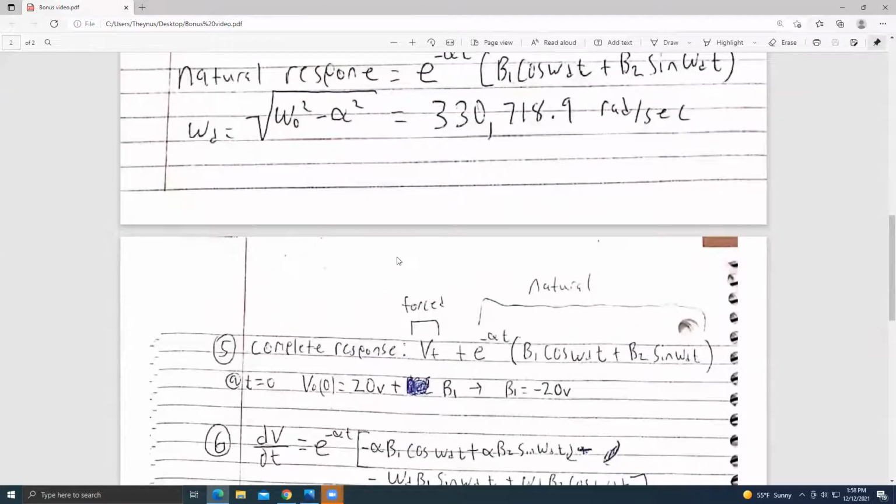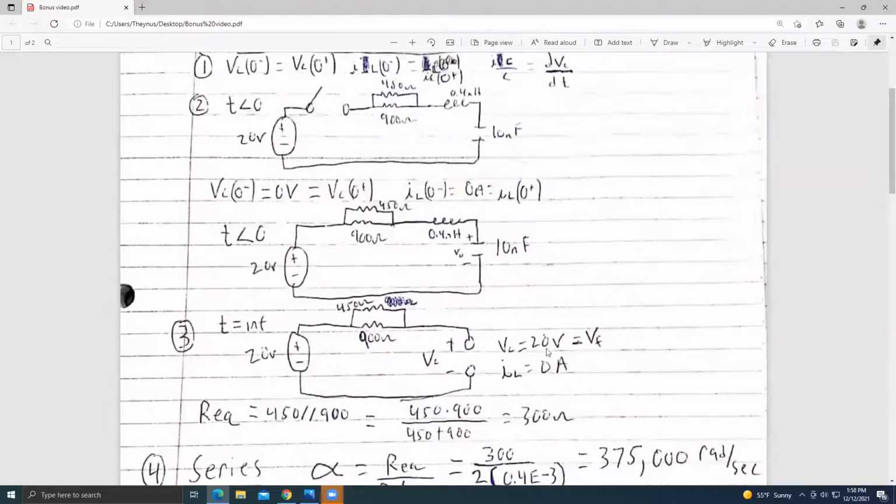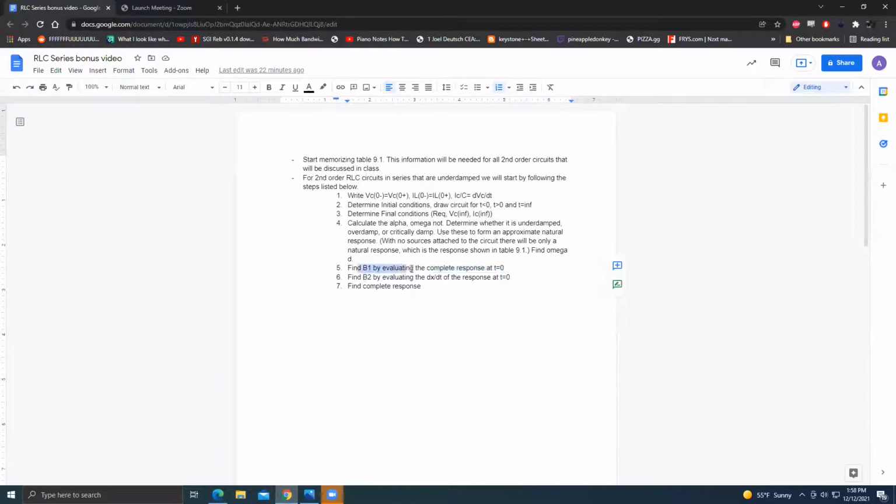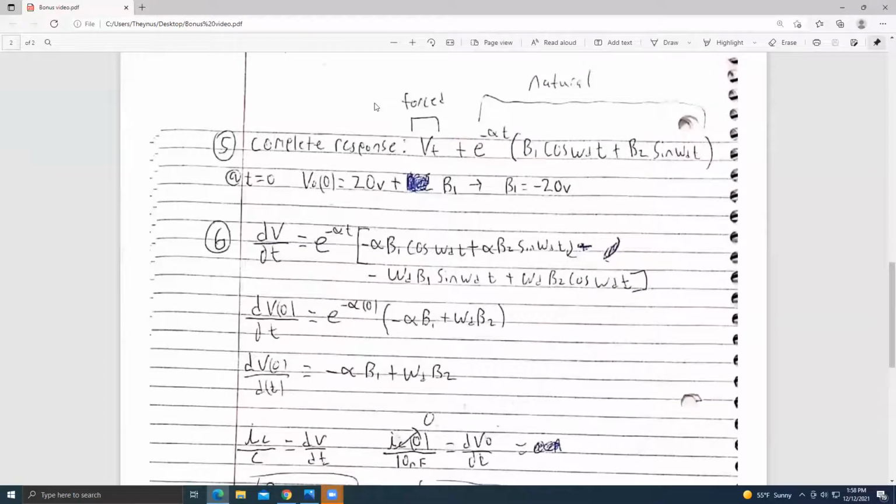The complete response is going to be our forced plus our natural response, which in this case is going to be our VF, which we can see up here that we listed as 20 volts. So our complete response comes out to 20 volts plus our natural response. Well, okay. We will be evaluating this complete response at t is equal to 0 in order to find B1. So if we plug in 0 to this complete response here, we are going to get 20 volts plus